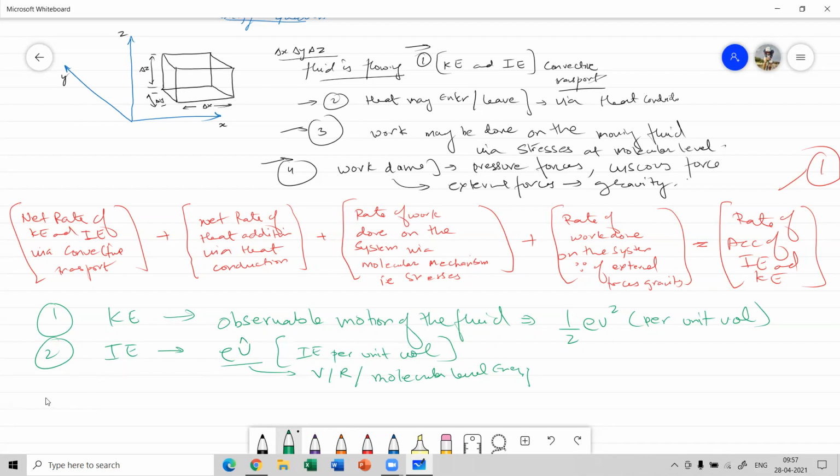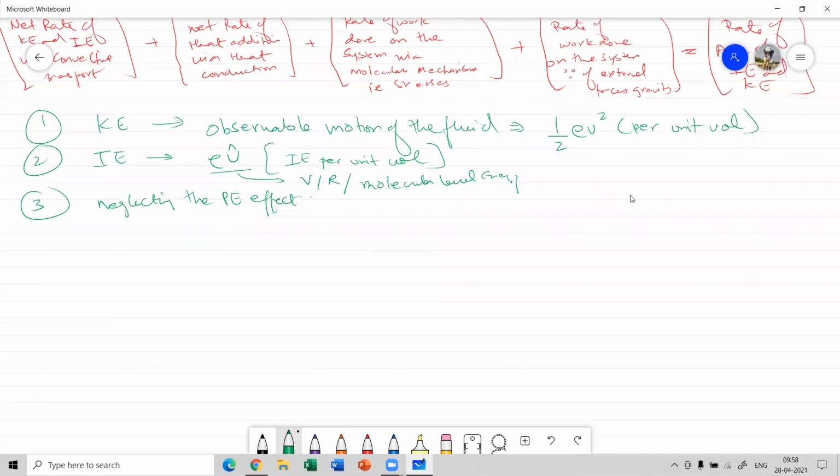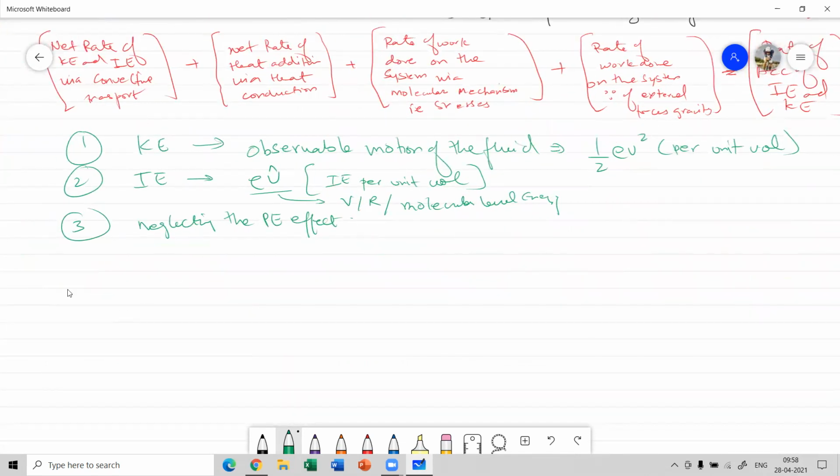Third, when we talk about, okay, over here we are not talking about potential energy, since the level is at the same level, so we are basically neglecting the potential energy effect. So when we put all these terms in the main equation, the first term which will come is